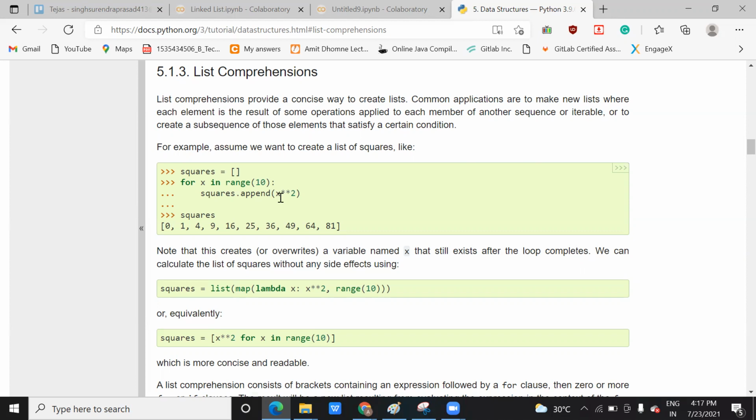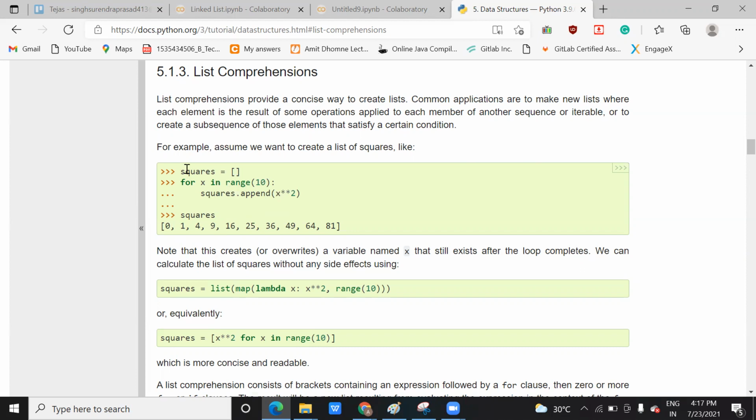Suppose you are considering 0 to 9. So 0 to the power 2 will become 0 only, 1 to the power 2 will become 1 only, 2 to the power 2 will become 4, 3 to the power 2 will become 9, and in this way they will do the operation on the same list. Am I clear?